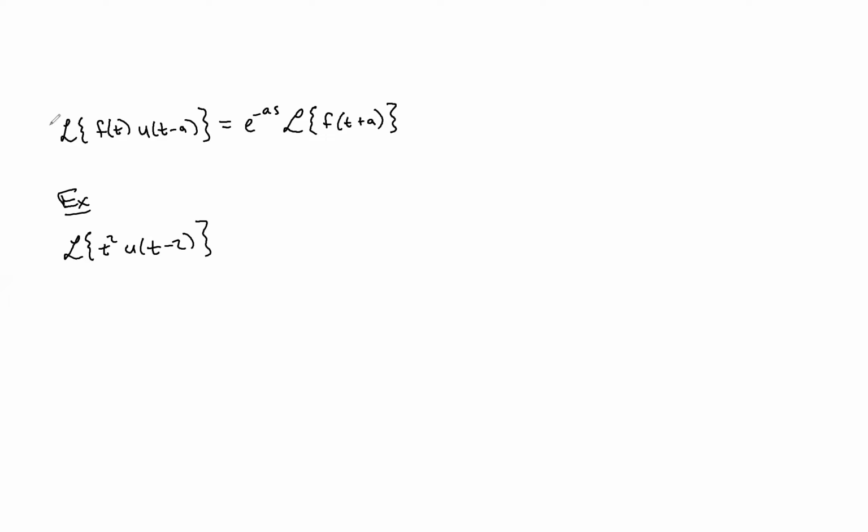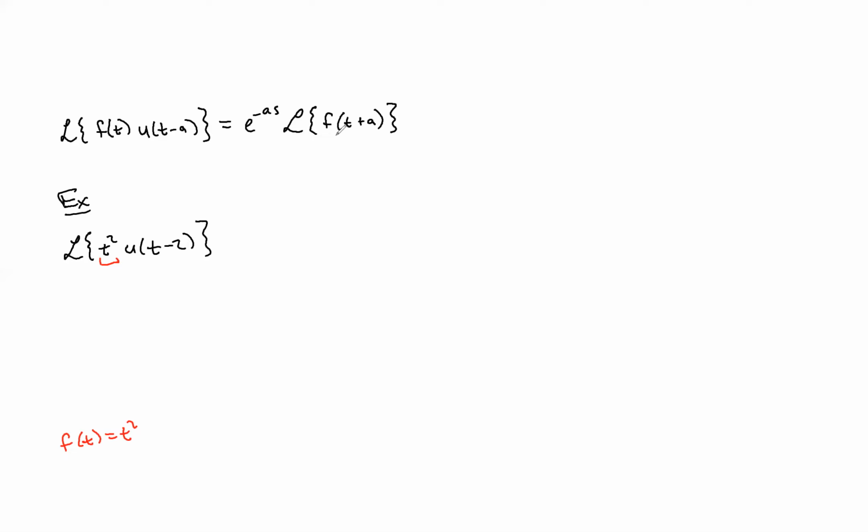According to this rule here, we're going to have e to the negative as times the Laplace transform of f of t plus a. So what that means, I think it'll be clearer if we see it within a specific example. Here in this example, our f of t is this t squared, right? So f of t is t squared. But to use this formula to find this Laplace transform of f of t times u of t minus a,